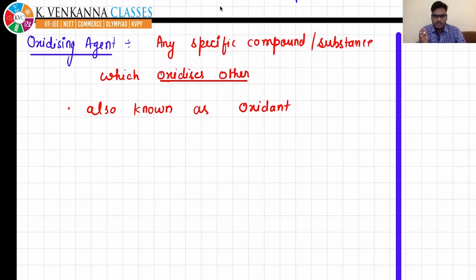Oxidizing agents are also known as oxidants. If they are oxidizing others, the other element or compound is undergoing the oxidation process. And we have already understood that in the oxidation process, either oxygen is added or hydrogen is removed or electrons are removed. So the oxidizing agent will be gaining the electron,